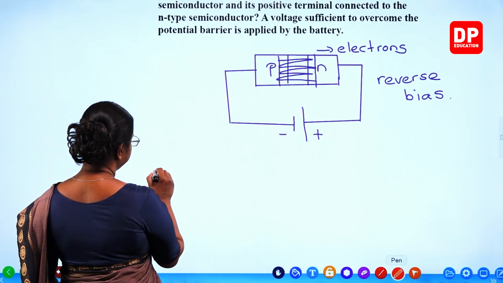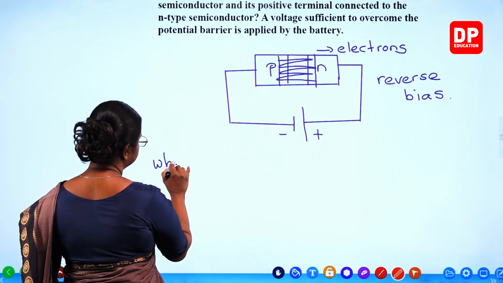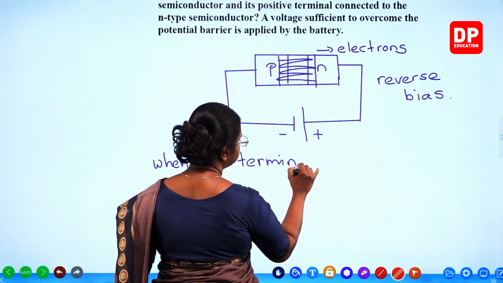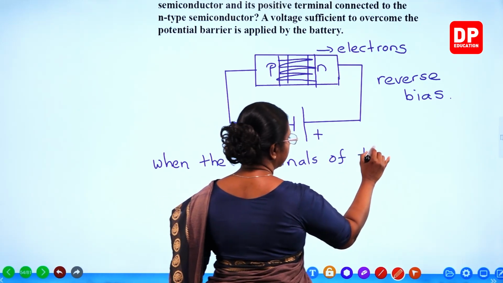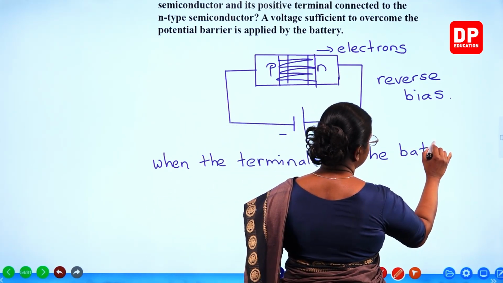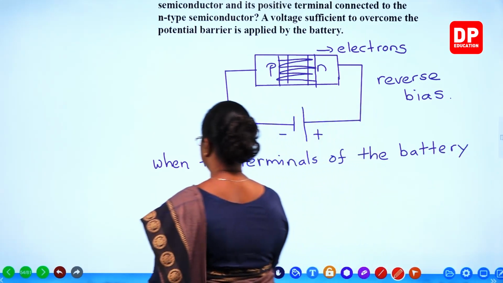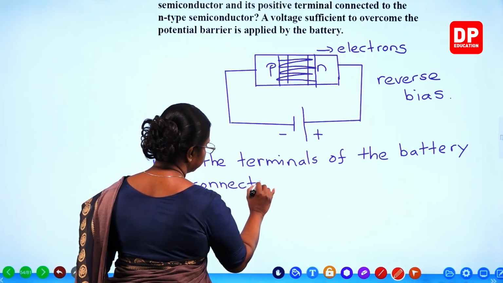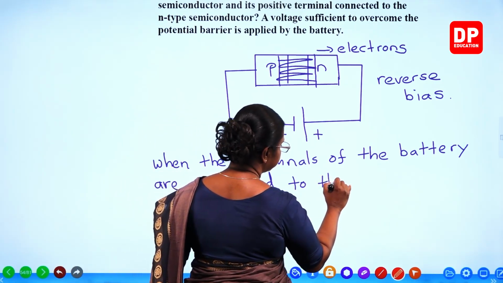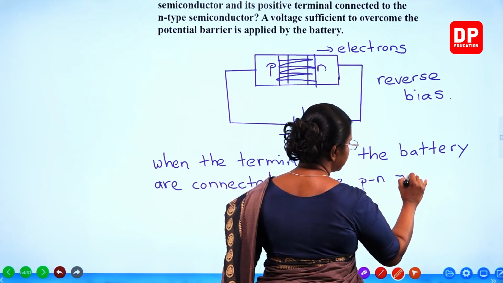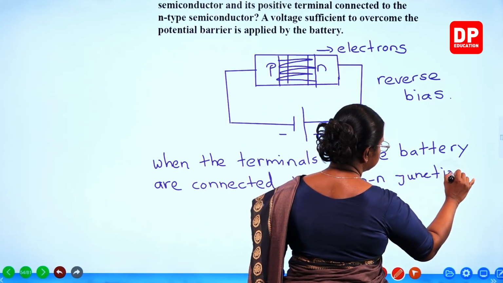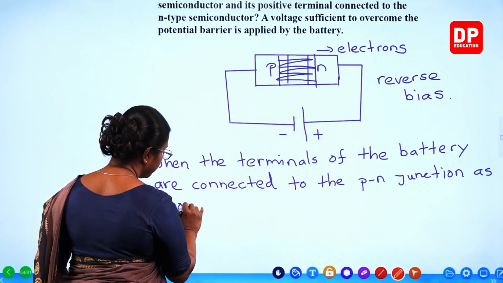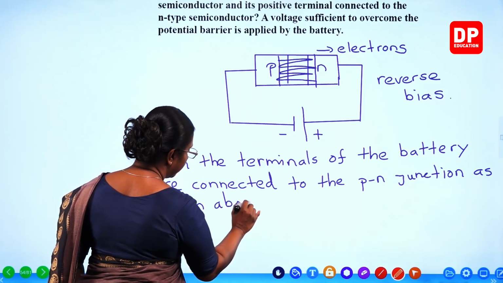We can say, when the terminals of the battery are connected to the PN junction as shown above,